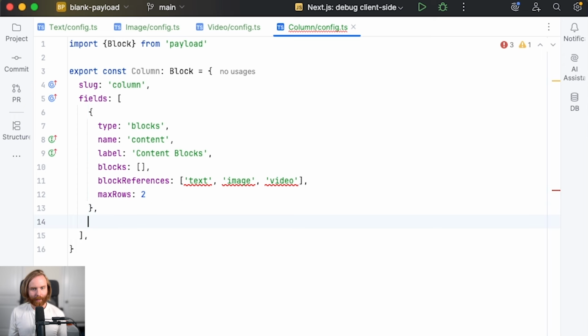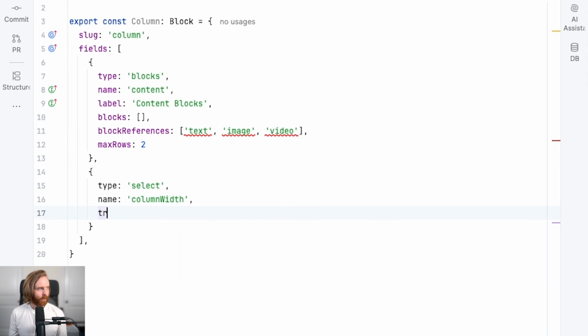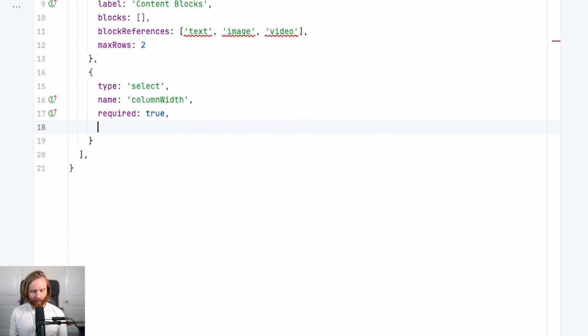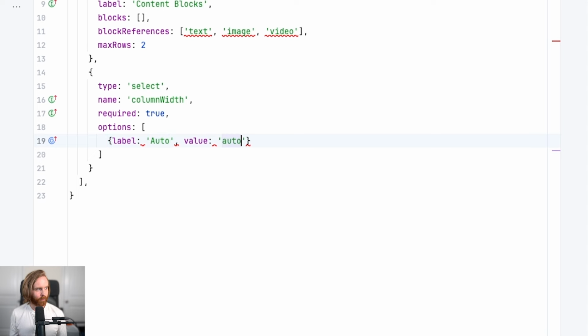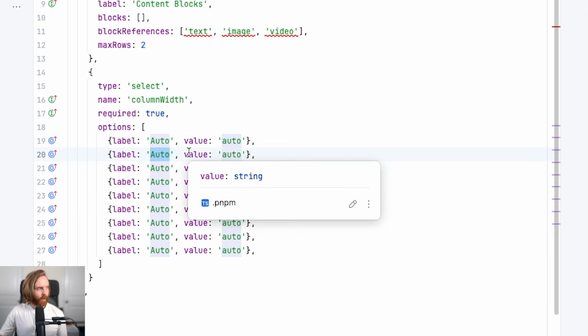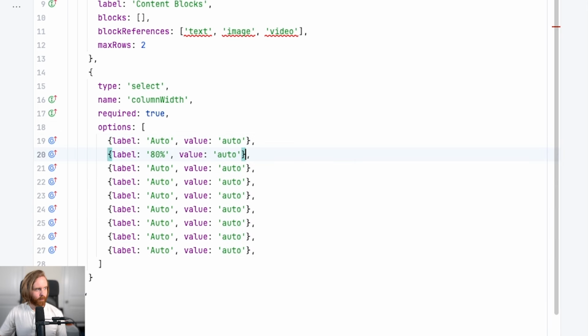Next, we're going to set a select field that will store our column width values. This will be required, and we'll have a set of options, which will be stored in an array. We'll have a label and a value for each of these options, and they'll all be strings. So we'll have a label of auto and a value of auto, and then I'm going to duplicate this a couple times. So we'll then set our label here to 80%, then we'll do another one at 75%,